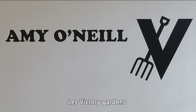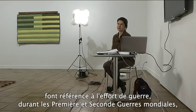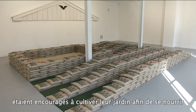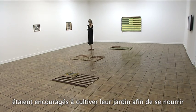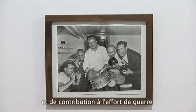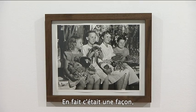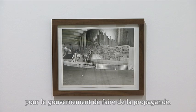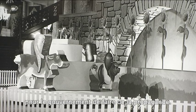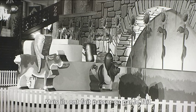The Victory Gardens refer to war efforts during the First and Second World Wars, where American citizens and English citizens were encouraged to plant gardens to nourish their tables and also to instill a sense of pride and alliance with the war effort, especially in young children. So in fact, it was a pretty interesting effort by the government of propaganda, but clothed in this way of